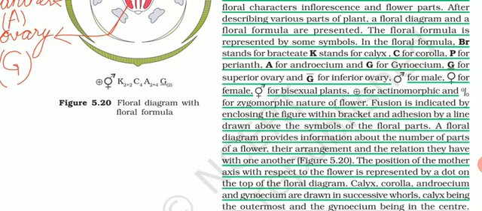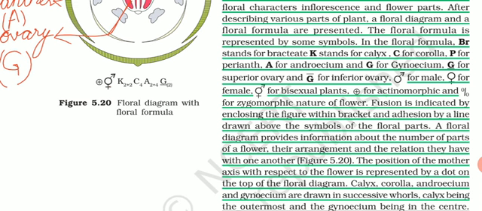And if G is underlined, it means the ovary is superior. But if the line is on the top, then it is called an inferior ovary. For the male structure, the arrow is above the circle, and the plus is below the circle for female. This is what we usually come across. And if the flower is bisexual, meaning both the male and female parts are present in the same flower, then it is termed bisexual. If there is a plus sign in the circle, it means actinomorphic symmetry, meaning radial symmetry. But if a percentage sign is shown, then it means zygomorphic, meaning bilateral symmetry.